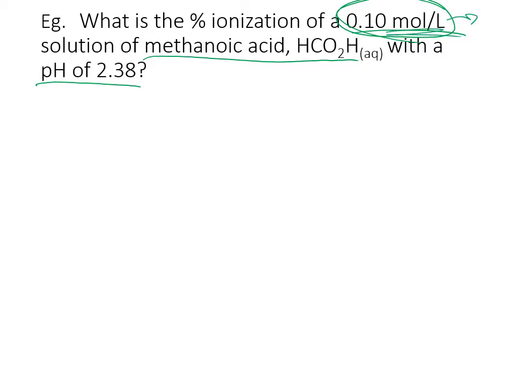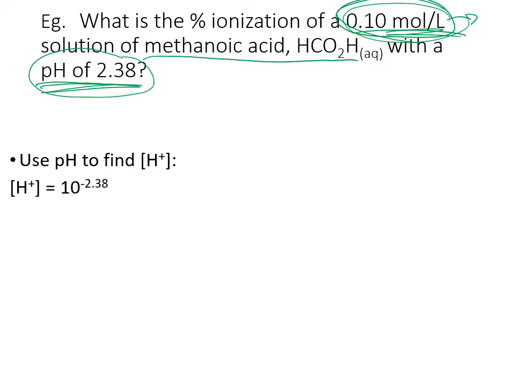The amount that did would have contributed to the pH, or the concentration of the hydrogen ions. So we can find out how many hydrogen ions it would take to get that pH, what portion that is of the actual concentration, and then express that as a percentage. First, find the number of hydrogen ions by using the pH. 10 to the power of negative pH is going to give you the hydrogen ion concentration. And that tells us that 4.17 times 10 to the negative 3 moles per liter is how much actually did